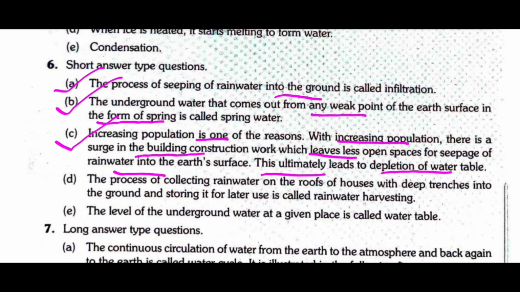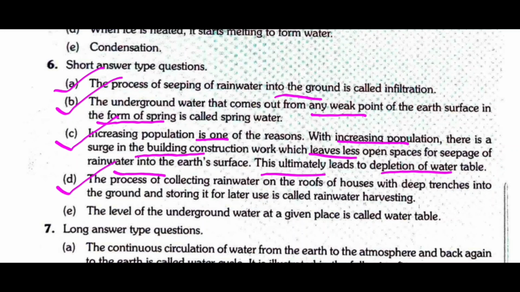मतलब कि यहाँ पर जितना पॉपुलेशन ज़्यादा होता है तो कंस्ट्रक्शन का काम ज़्यादा होता है, घर भी बहुत हो जाते हैं और जो रास्ता होता है वो कंक्रीट का, पक्का हो जाता है। तो इस वजह से पानी ज़्यादा सोख नहीं पाता मिट्टी में। अगर पानी सोख नहीं होगा तो वाटर टेबल बढ़ेगा कैसे? तो इस वजह से वाटर टेबल का डिप्लीशन हो जाता है, मतलब धीरे धीरे सूख जाता है। बारिश का पानी सोख होगा तभी तो नीचे जाएगा ना।